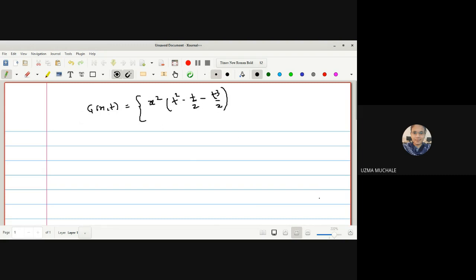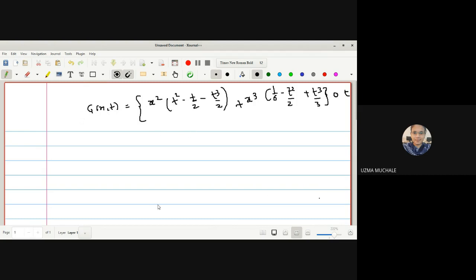So in the one bracket plus x cube into 1 by 6 minus t square by 2 plus t cube by 3. This is in the first interval, say 0 to t,